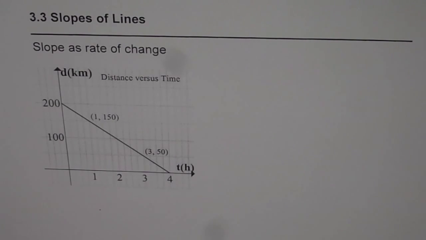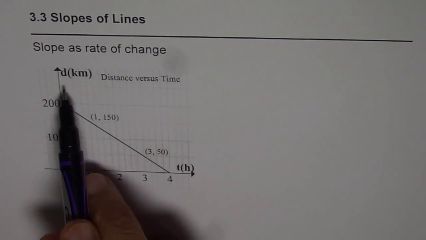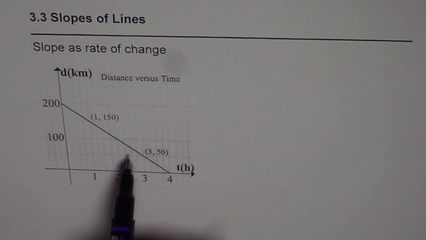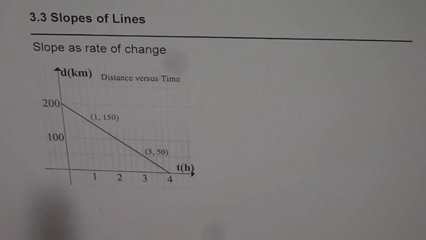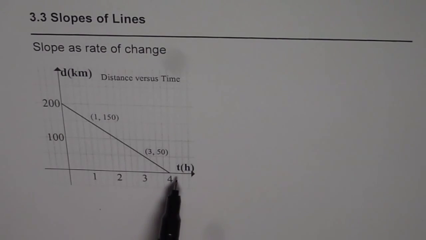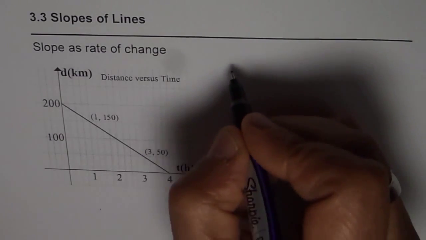on a coordinate plane. Now here we do have a coordinate plane, and what we have done here is along the x-axis we have taken time in hours, and along the y-axis the dependent variable is distance in kilometers. The graph is a straight line. If we find the slope of this line, we will get the ratio of change of distance to change of time, correct? So in this graph, slope